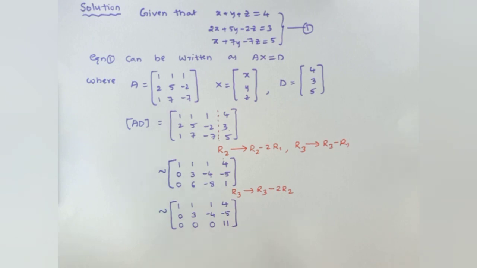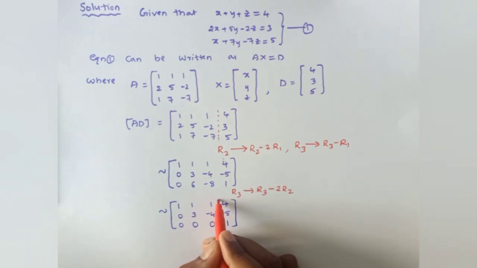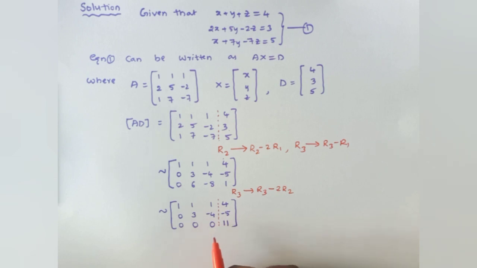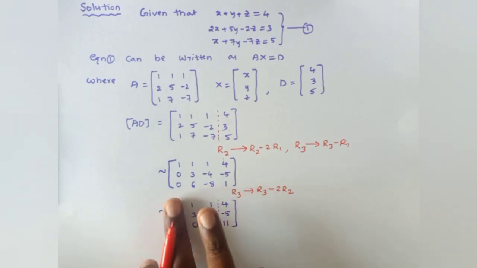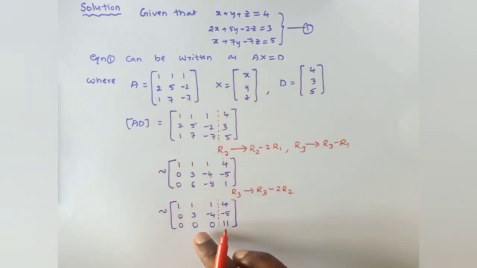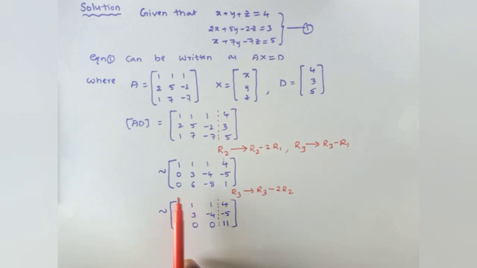Now you can observe. So here there is no need to find the rank of A separately. Here itself it says rank of A. These 3 columns are the columns of the matrix A, and when we add this column it becomes AD. So we need the rank of A and the rank of AD to decide consistent or inconsistent. So by using three columns, we can express the rank of A.